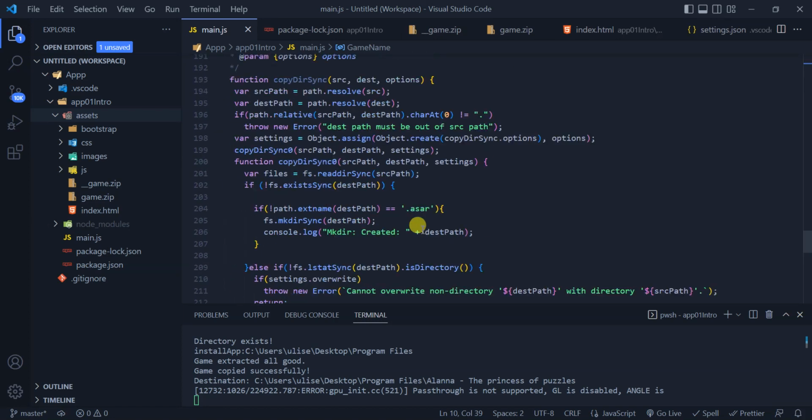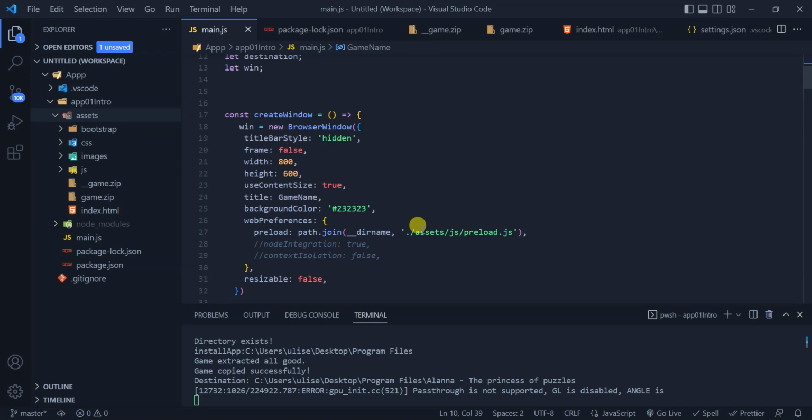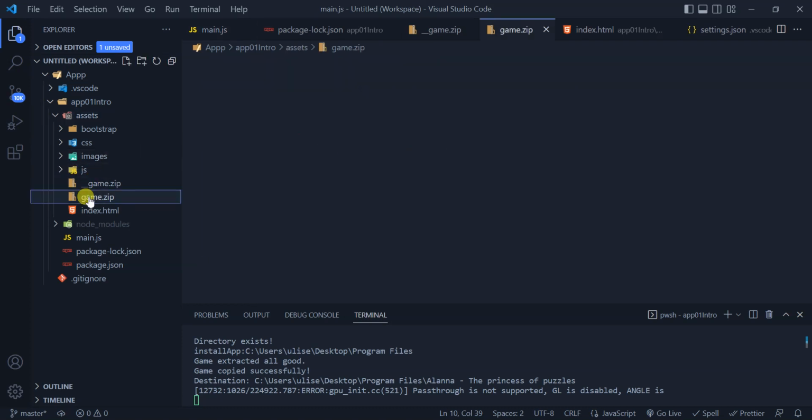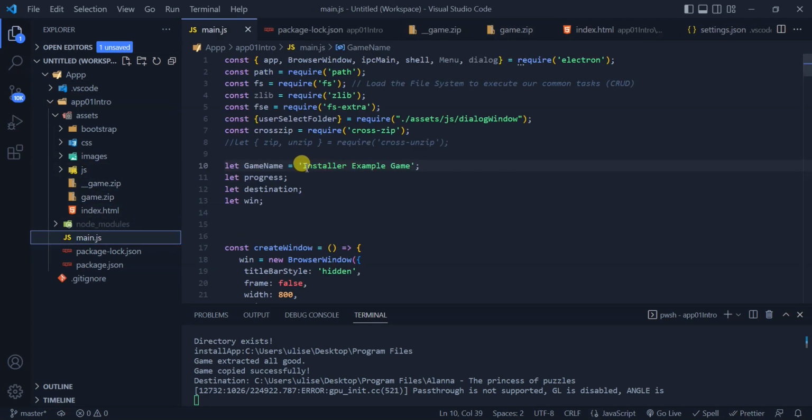Everything is done for you here, so you don't need to touch anything else. So now we have our game.zip here. We changed this name to fit my new game name,